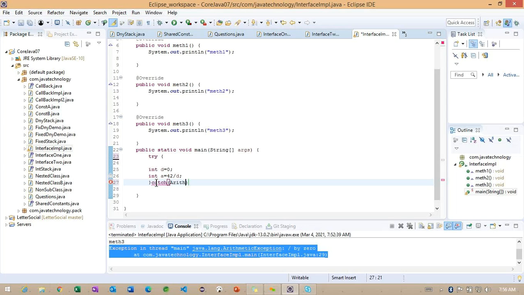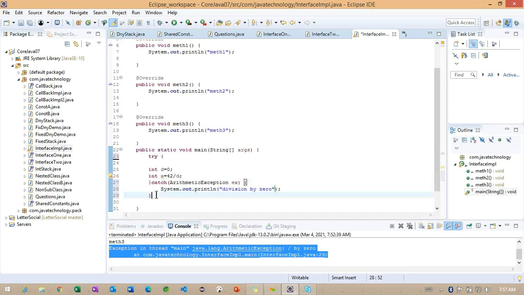So that is, we identified which exception we are going to get: arithmetic exception. And this particular exception information I want to add. And after this, simply I want to specify division by 0.